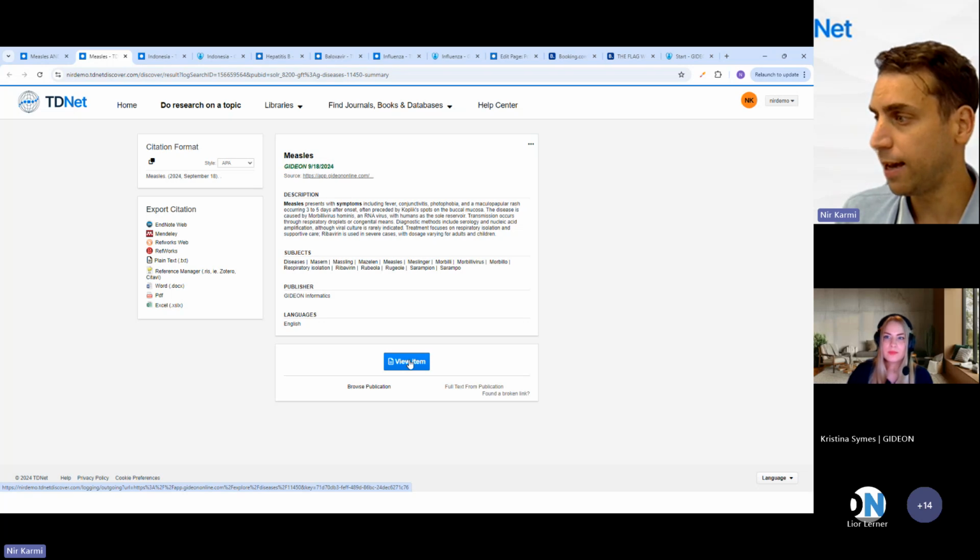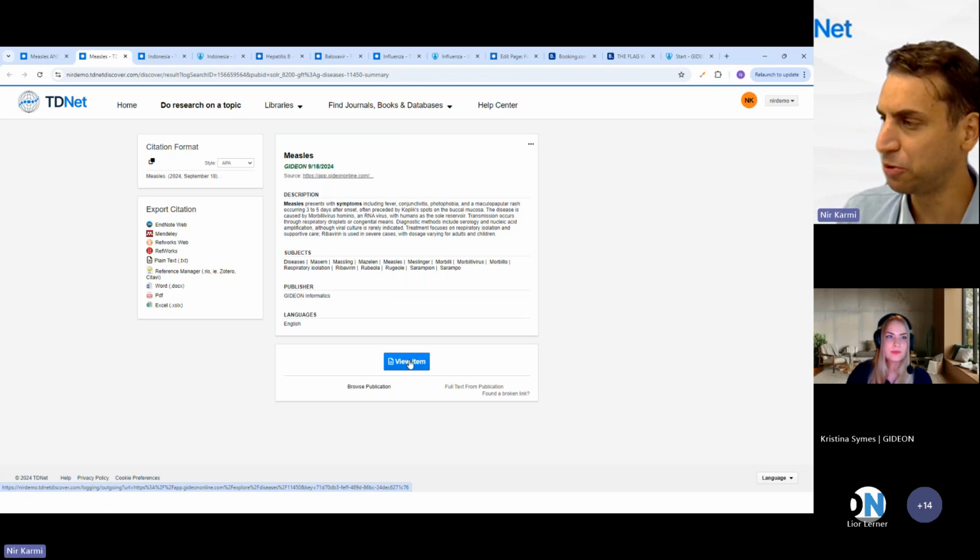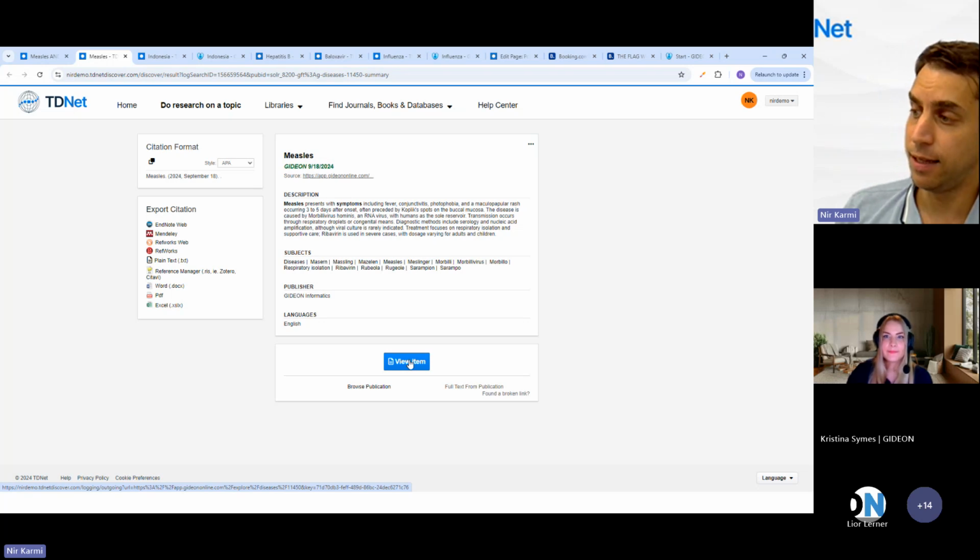So that's what I wanted to show regarding the integration. I just wanted to mention that the integration is available for mutual customers of TDNet and GIDEON. So you need to be a mutual customer for us to enable the GIDEON resource on your TDNet Discover site. If you have any questions about the integration,